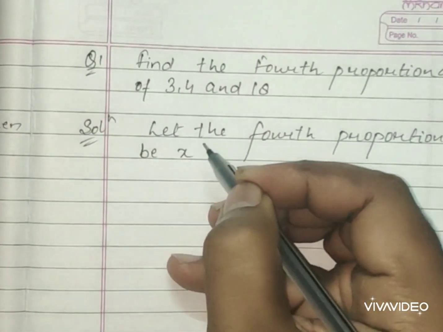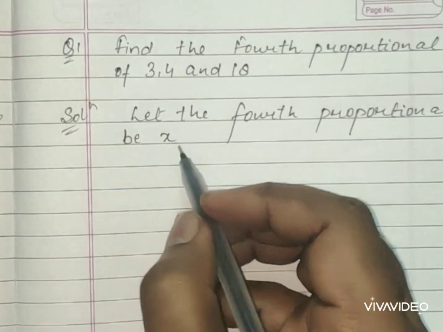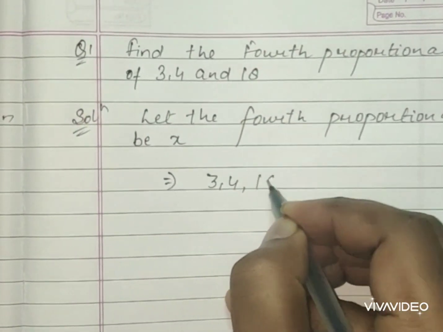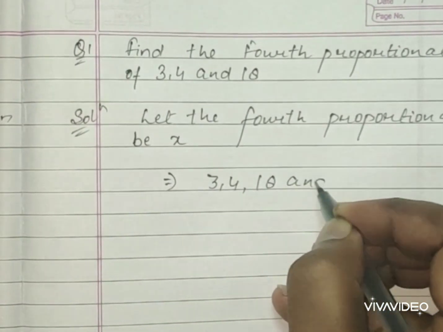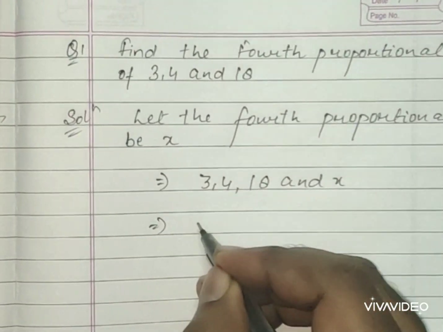As you know that if something is not known to you, we will suppose it x. So 3, 4, 18 and x. Okay, and it can be also written like this: